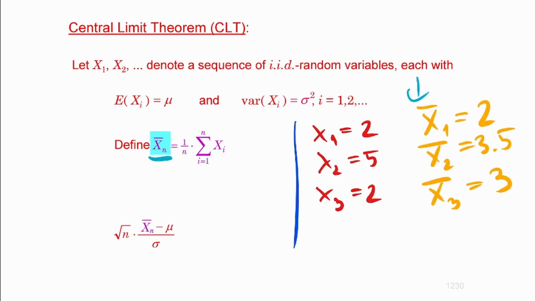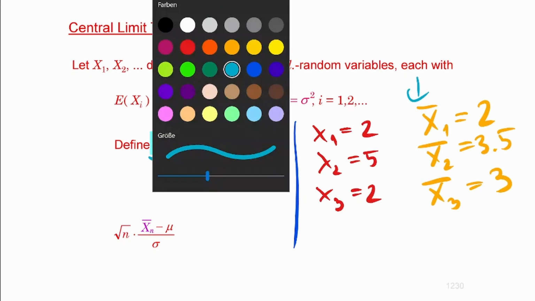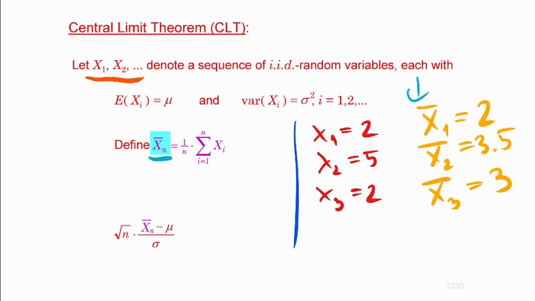So if it says x bar n, that means the sequence of arithmetic means consisting of the first n observations from this sequence. So that is a series, guys. If you sum up members of a sequence, you're going to get a series. So the arithmetic mean is actually a series, guys. You see that? Defining a series with basically the index n. Is that clear, guys? Okay, I'm not going to continue, but that should be understandable.